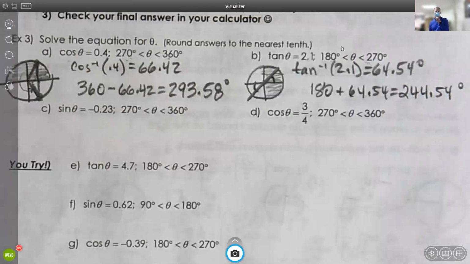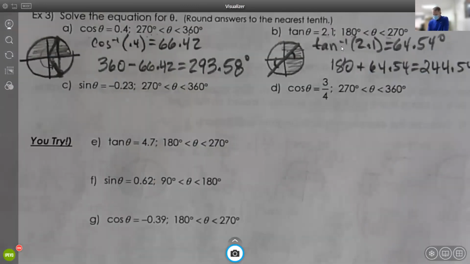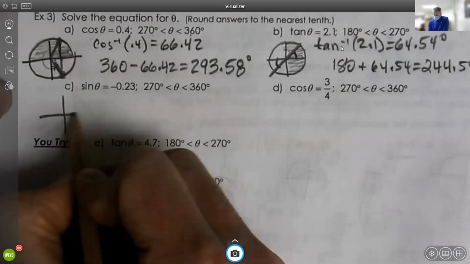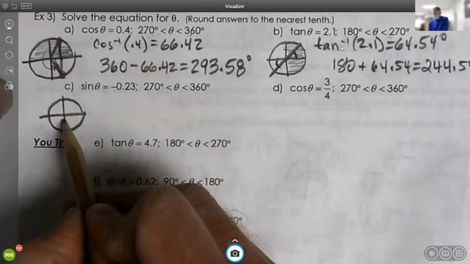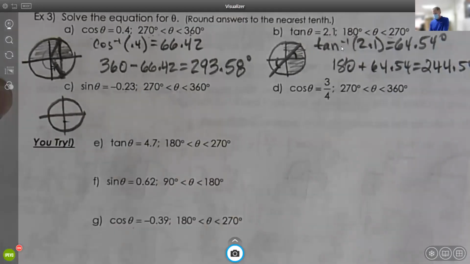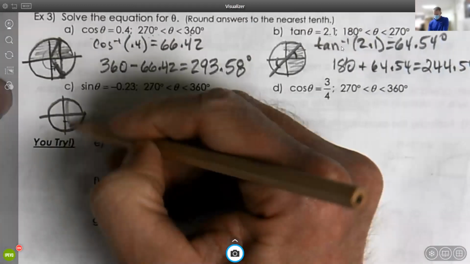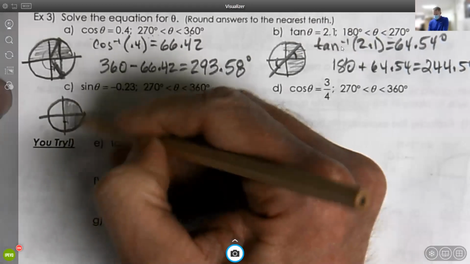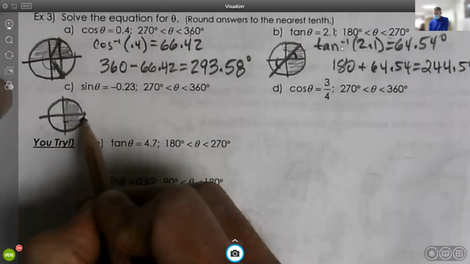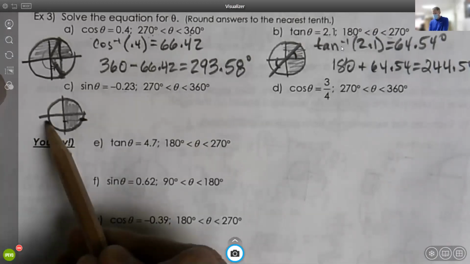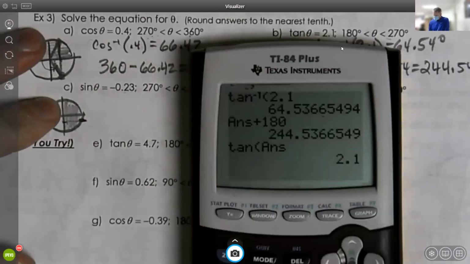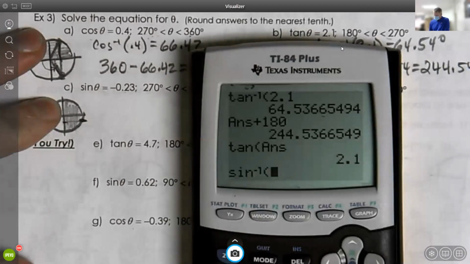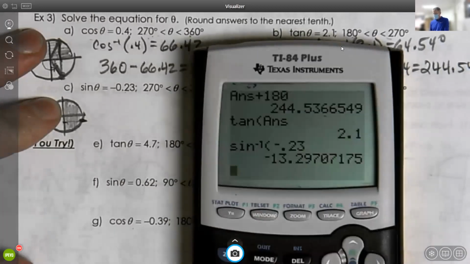So now I'm down here for the sine. The sine values are your y values that are negative 0.23. That's down here. And typically they want answers that are between... they could have asked it for over here in the third quadrant, but no, they're asking for it in the fourth quadrant. So when I do sine inverse of my negative 0.23, I get negative